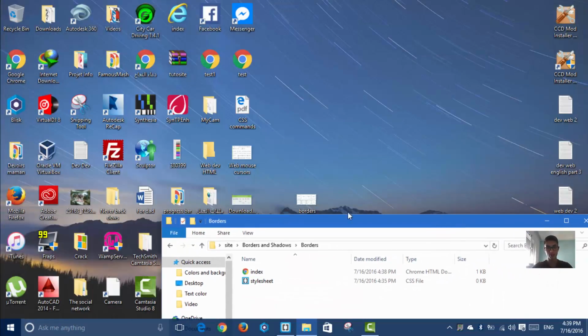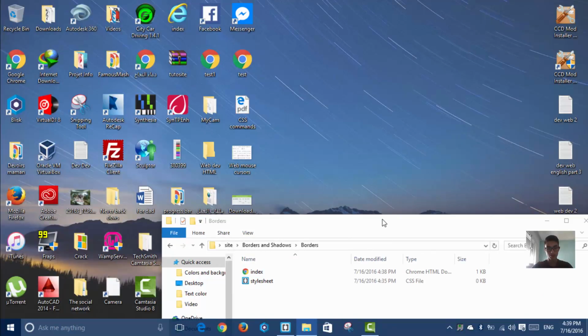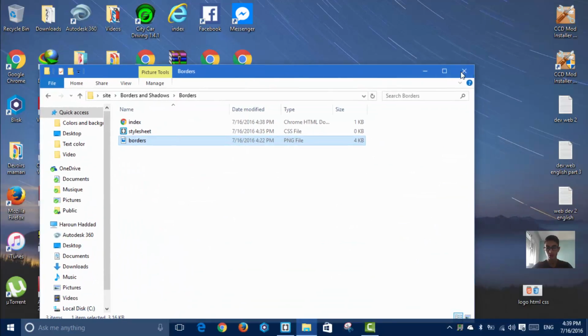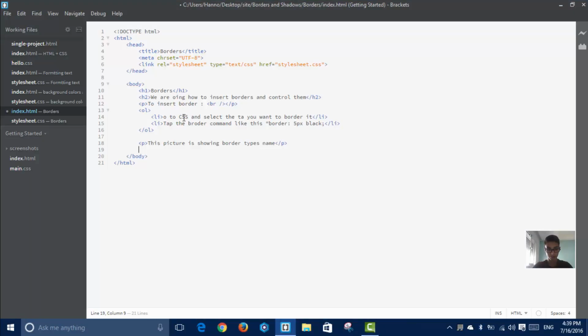Sorry guys. So let me just go back here and add an image, src equals border.png, alt border types. For it I'm going to add a class, which will be borders. So then guys, to add a border type,